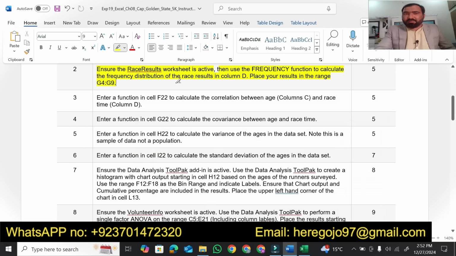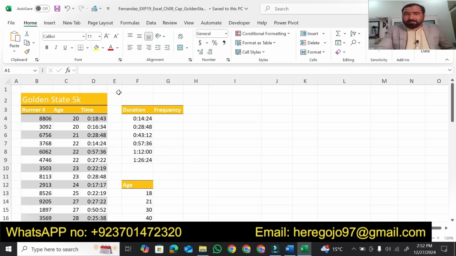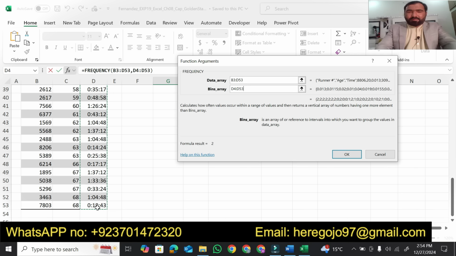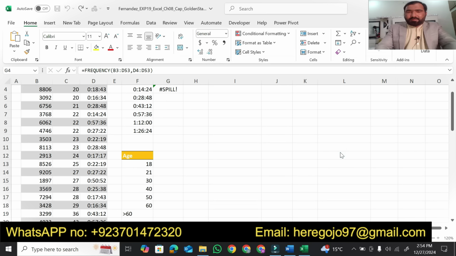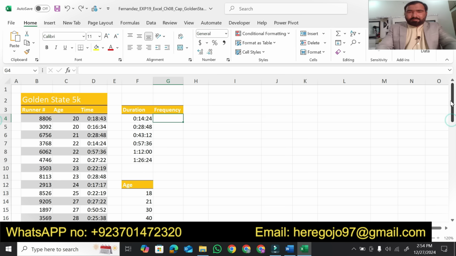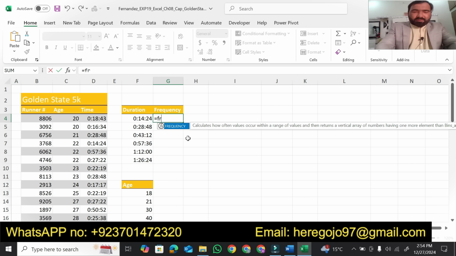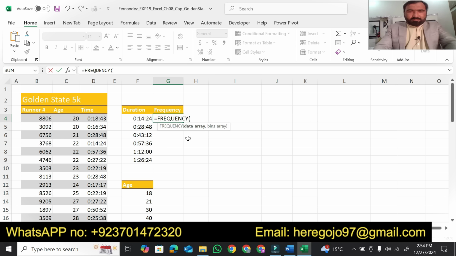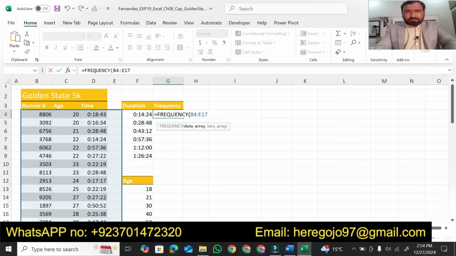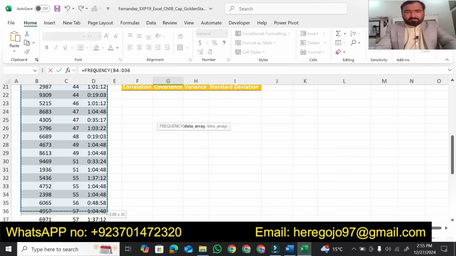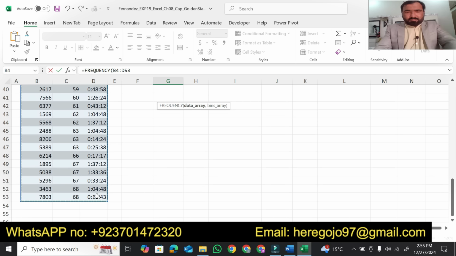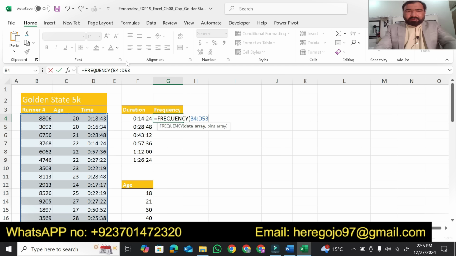Where we have to use this function: use the frequency function to calculate the frequency distribution in column D. This is the data.